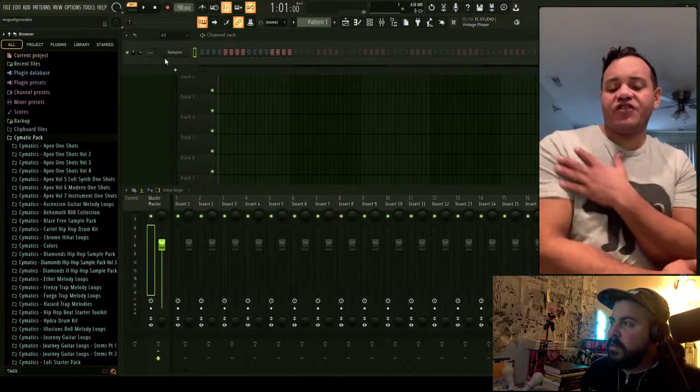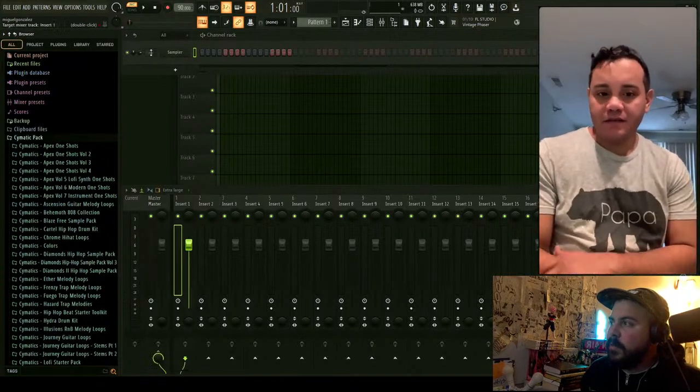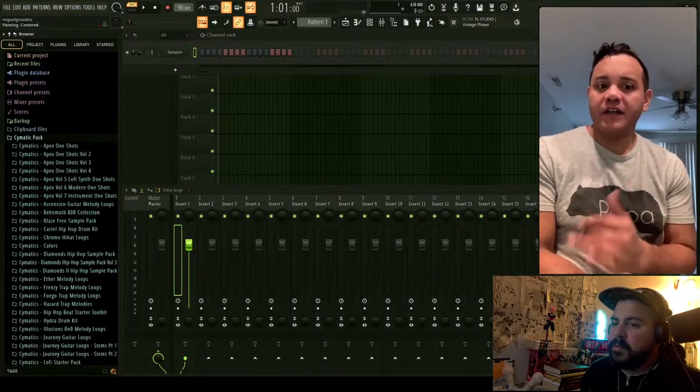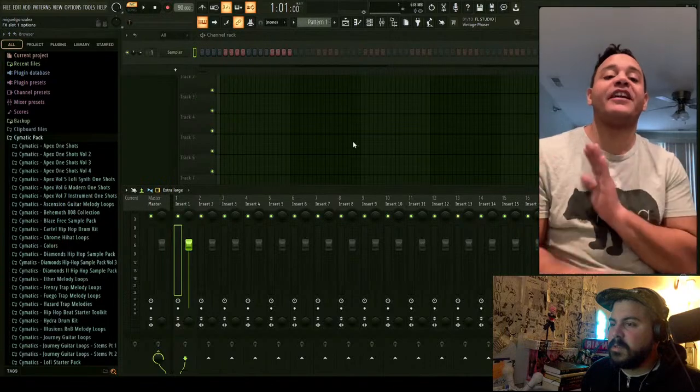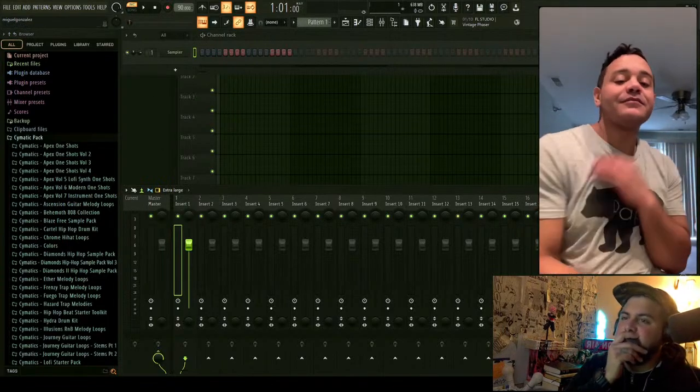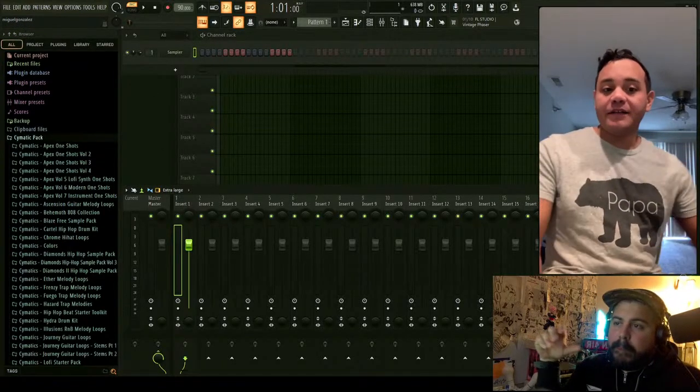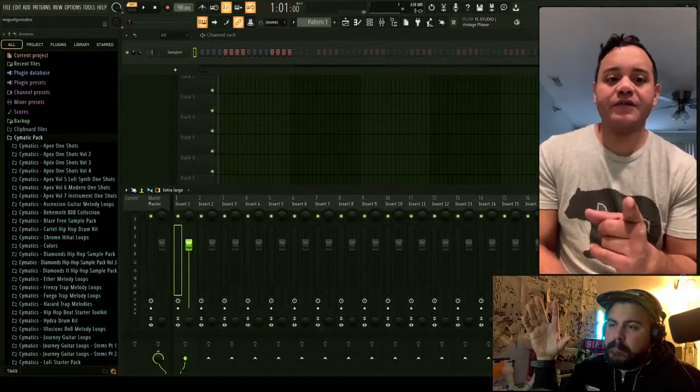What is this application called again? It's called My FL Studio 21. It looks super complicated. I'm not saying it looks super complicated, but there's a lot going on. But what I was going to say was,